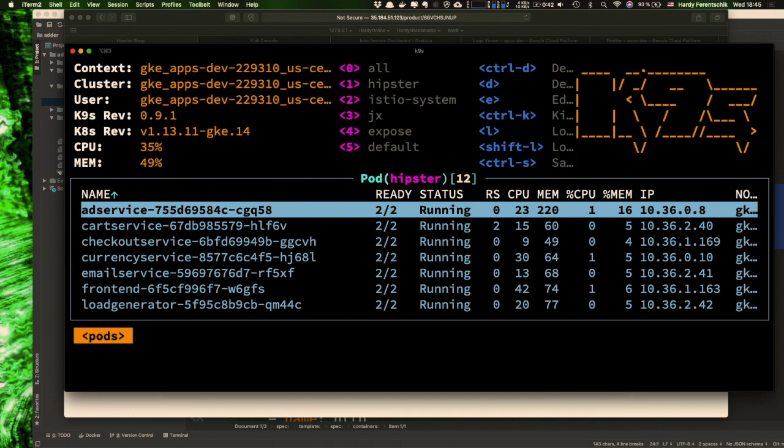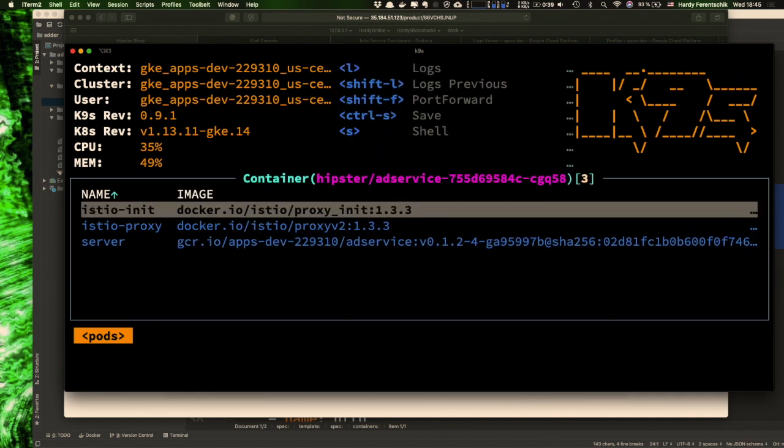So here I see my pods in the cluster, the services which are making up this hipster application. If I look at one, you see 3 containers in here. One is already finished and 2 containers are running. The server is my actual container, my actual application, and then there's the Istio proxy. And Istio init is a container which